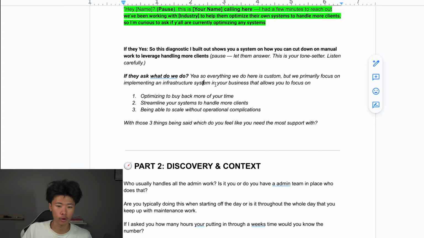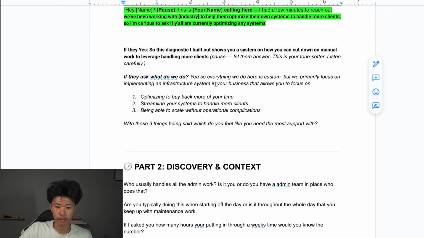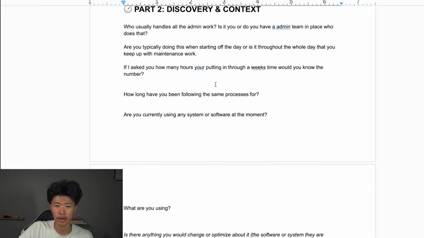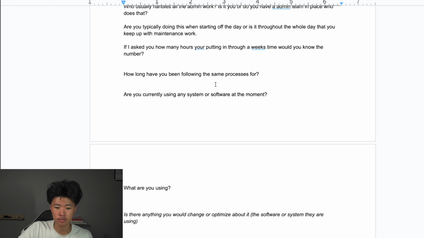You can just give them a short high-level overview, right? So for example, we help you optimize to buy back more of your time, blah, blah, blah, XYZ, right? But if they don't ask you that and they just say, oh, okay, that sounds pretty interesting, yeah, I am interested. Or if they ask, yeah, we are currently optimizing these systems, then you can go